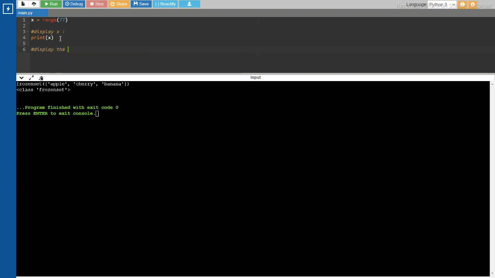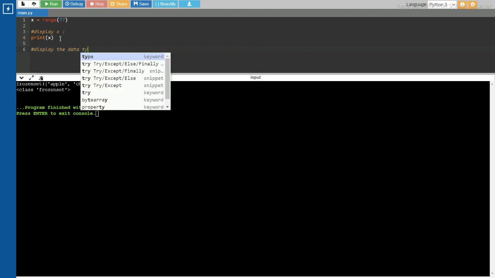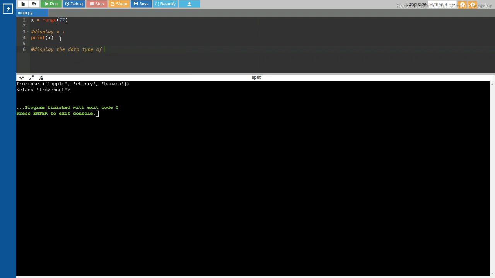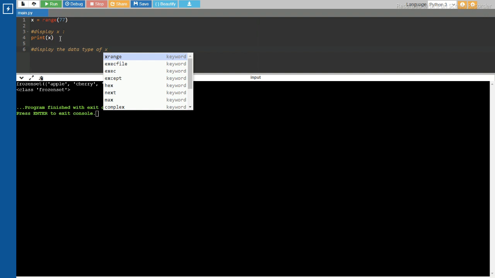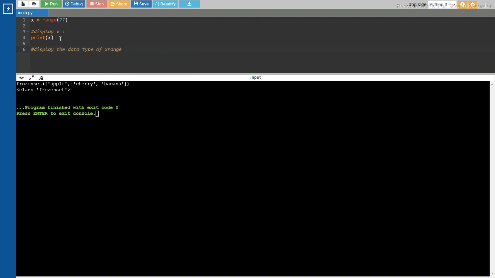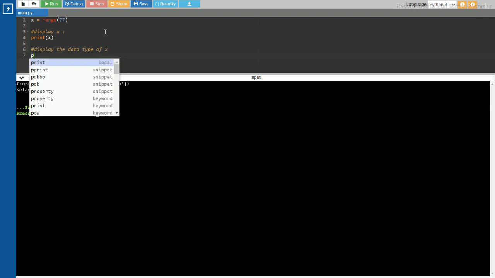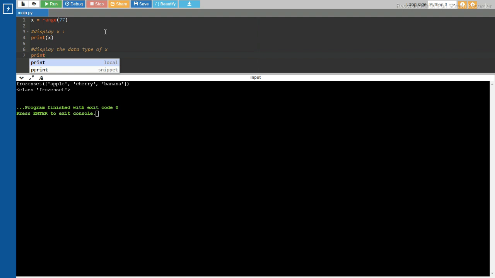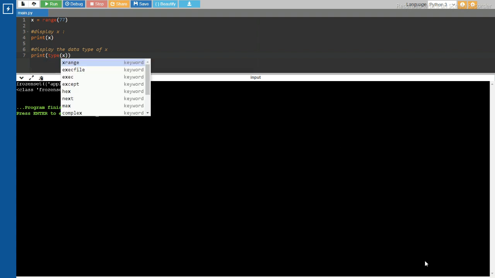Then let us write our normal code: print of type of x. That's all. Now let's run this.